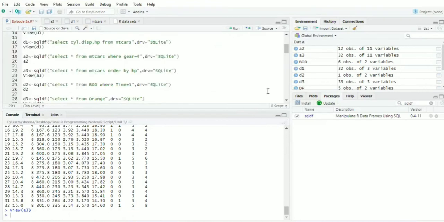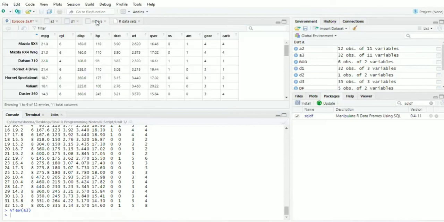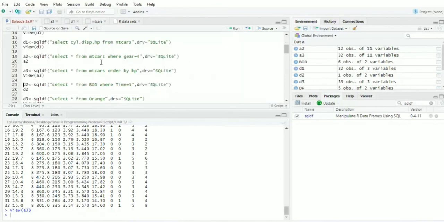Now for example, with the same table, I see that gear is there, right? I want to see gear wise average MPG. If I want to see gear wise average MPG, it means I will be using a mean or average command.